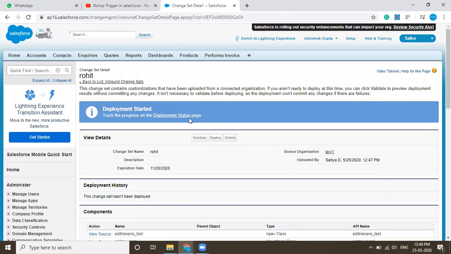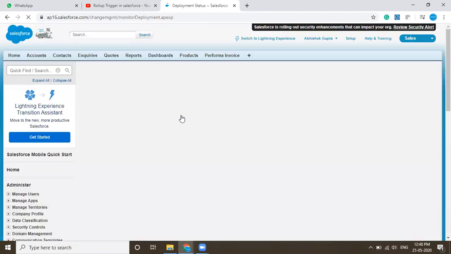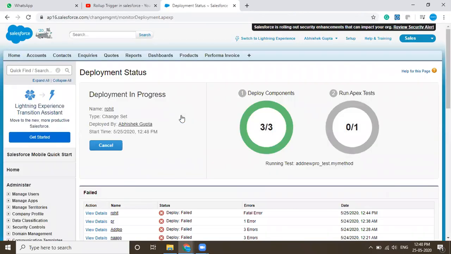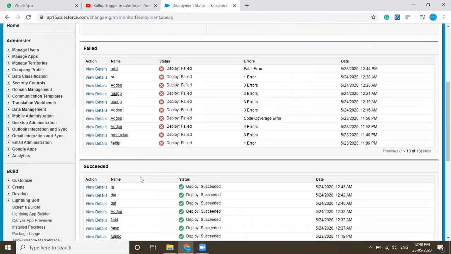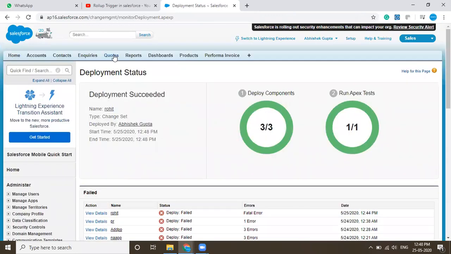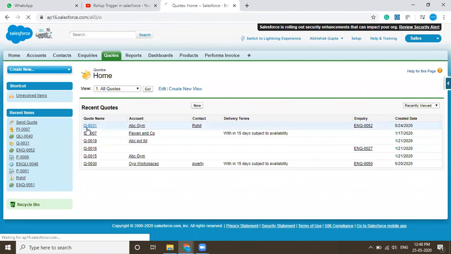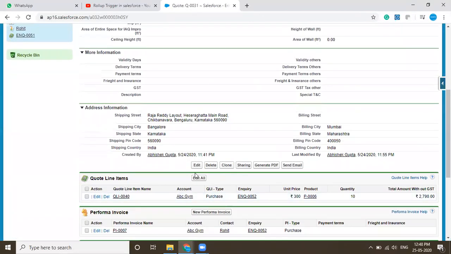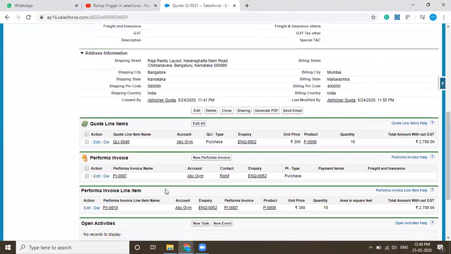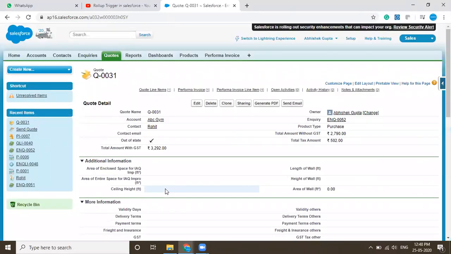Okay. So now check the deployment status. I think hopefully it will cover the code. Yeah, it covers the code and it is deployed successfully. Here you can see. Okay. So now we'll go to the code. We will check whether it's deployed or not. So here we go. And okay, I am able to see. Oh, it is code. We'll go to the inquiry.